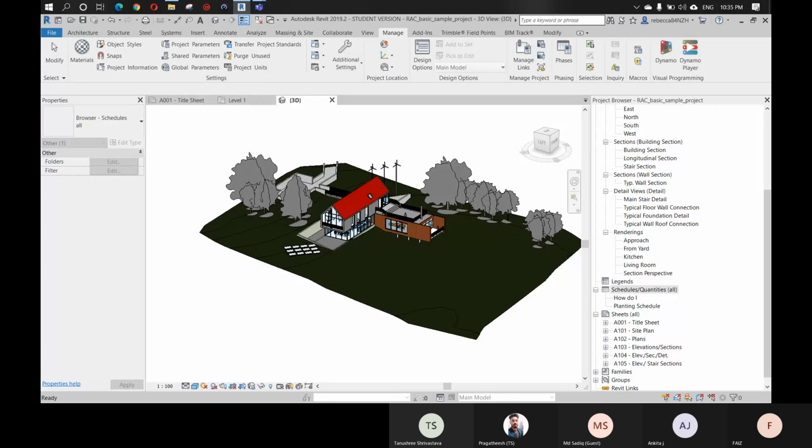So once our modeling is done, we'll be going for the coordination meeting, and you all know what we'll do in the coordination meeting, right? And this process will happen again and again till the model is clash free. So this is the process: we'll be modeling, and as per the client specification, if they need any detailed drawings or any particular formats, then we'll be giving that as well. So what's your doubt in this BIM process?